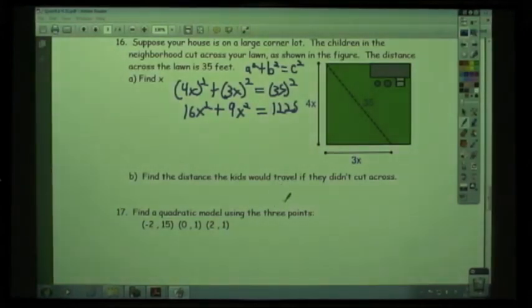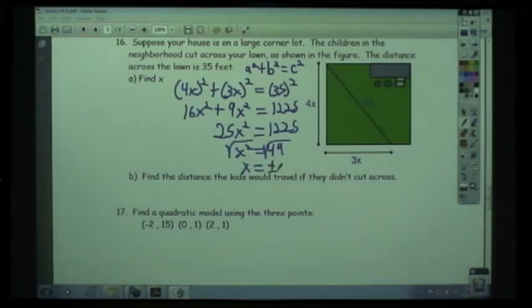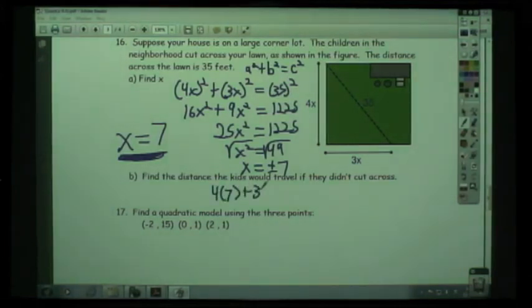Now, if you messed up some more stuff, you might have lost more than 1 point. 16 and 9 is going to give me 25x squared. I divide both sides by 25, and that gives me 49. I take my square root, and x is equal to plus or minus 7. But, since we are talking about distance, it's okay if you put 7. So x is equal to 7. If you want to find the distance that the kids would travel if they didn't cut across, then you plug in 7. You do 4 times 7, plus the 3 times the 7 on the bottom, and you get 49